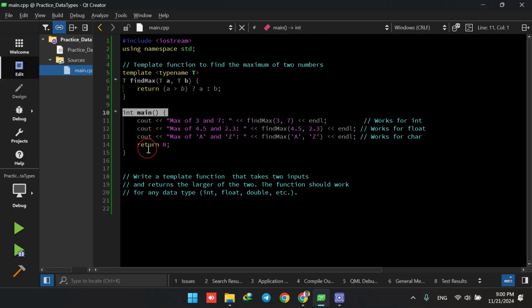So int main has 3 lines only. The first line says max of 3 and 7, and then calls the find max function with two numbers, 3 and 7. When it is calling the function, it is going to start running the function. So using a ternary operator, there is a condition here saying that